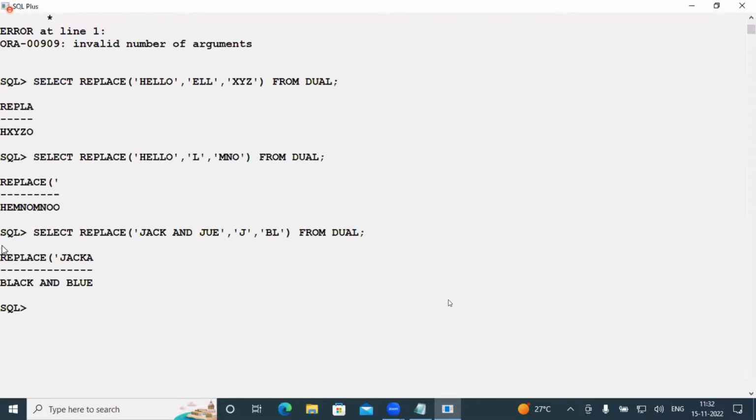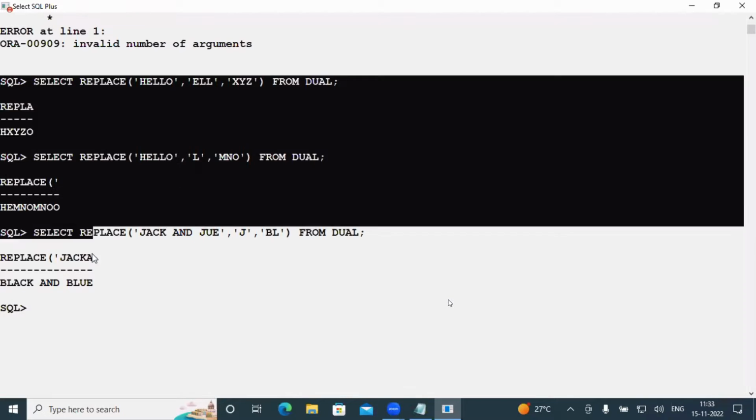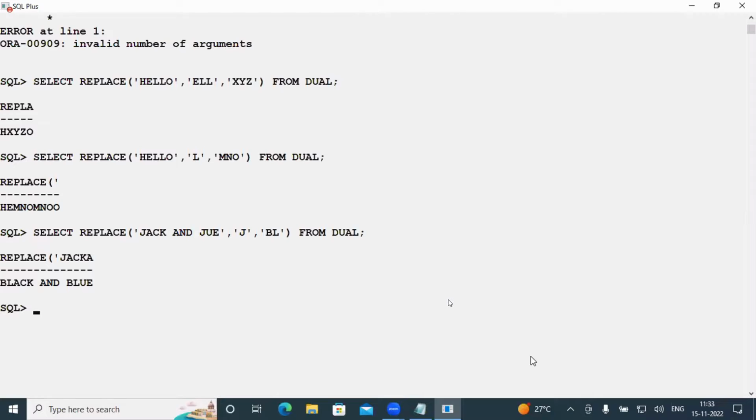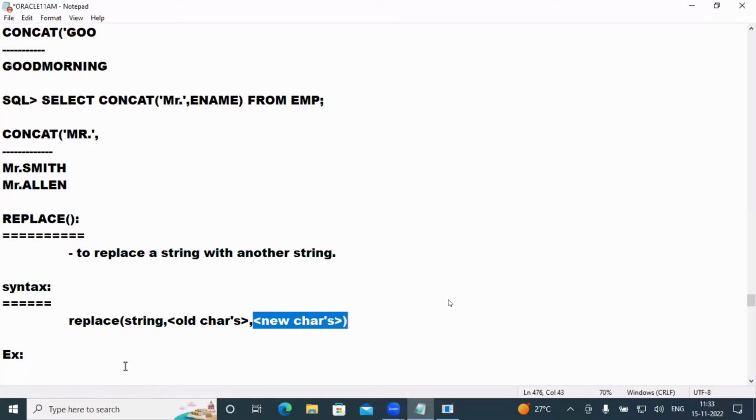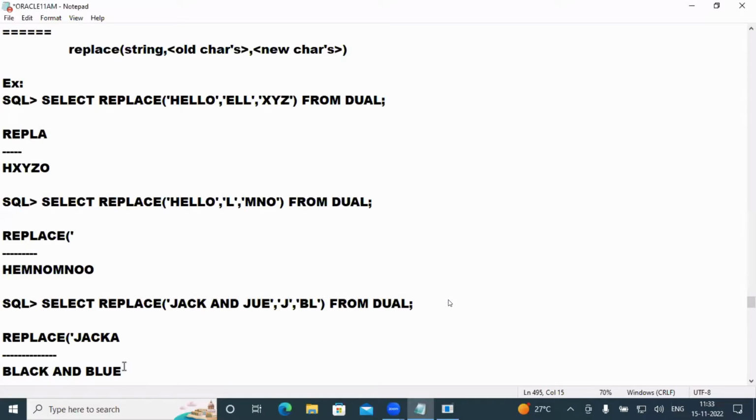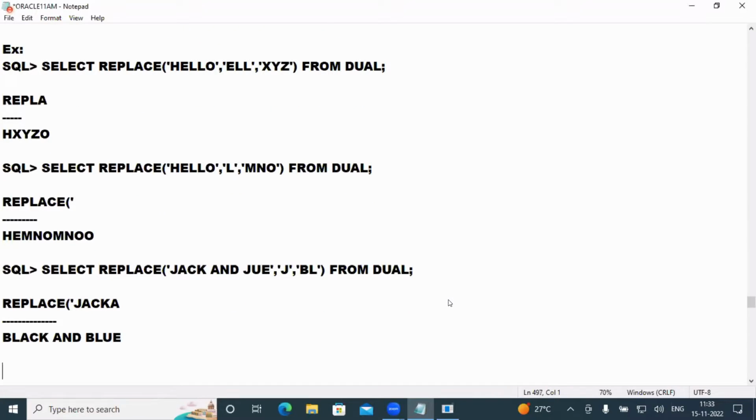Understand here? So in place of J, the BL was taken. Like this, the replace function can replace existing characters in a particular expression. The existing characters in a particular expression, I'm replacing with the new characters. Right. And the next one is called, observe,